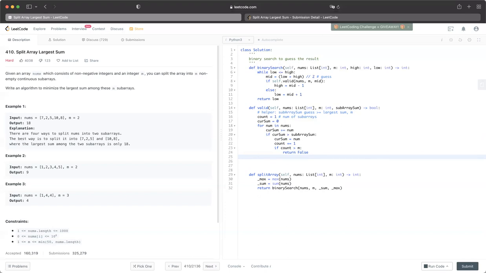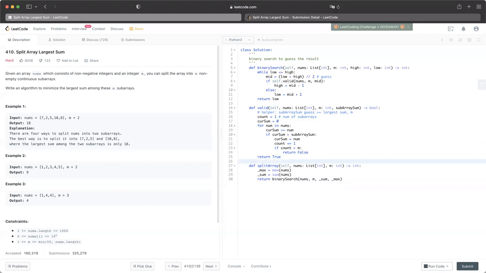We have more than m subarrays. If after the traversing we didn't get any false, we are going to return true, which means we got m different subarrays with the guess being larger than or equal to the largest subarray sum. Okay,